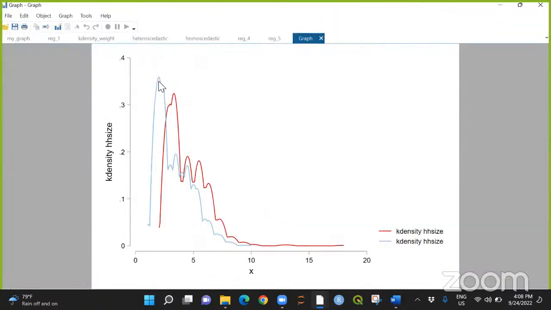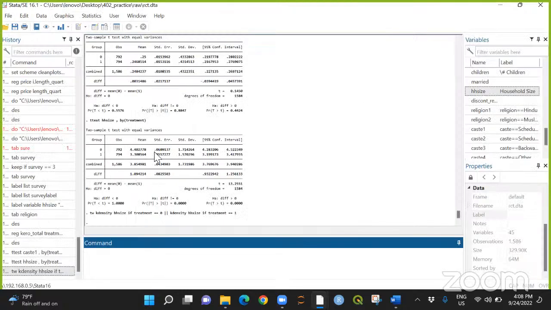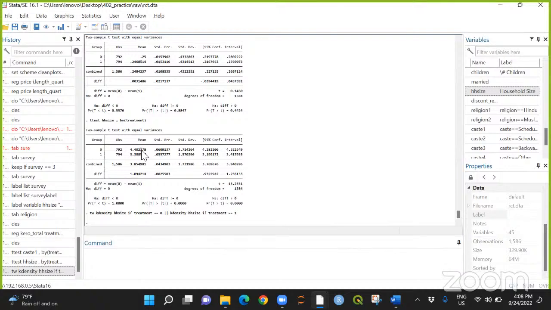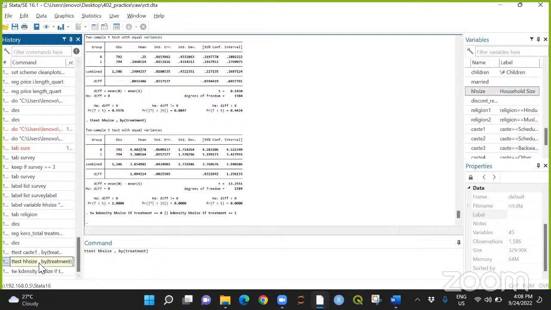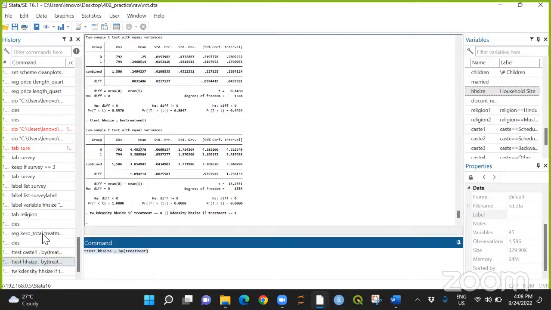The left one is the treatment, and the right one is the control. I have not really defined this well yet, so you just take it from me. The control has a higher household size than the treatment. You can see here, right? So this is what I've shown you graphically. Otherwise they overlap, or their means would be statistically equal. When I say statistically equal, they're not exactly equal, but the standard errors are so large that it makes no difference. Anyway, now that we have done it, maybe what we should do is